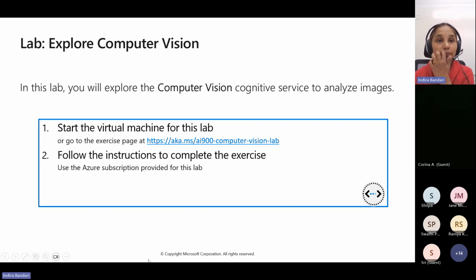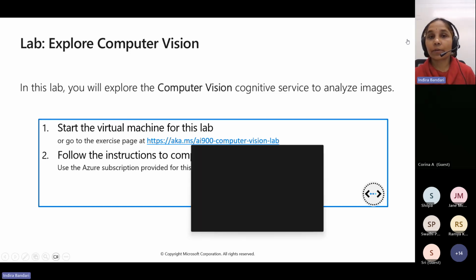Okay, now we have computer vision lab. Would you like a break? And then we can come back and continue. Yes, no, yes. Okay, let's do it. Let's do it for 9:45. 10 o'clock we will start. Okay, 15-minute break. I think I'll stop the recording and then we can